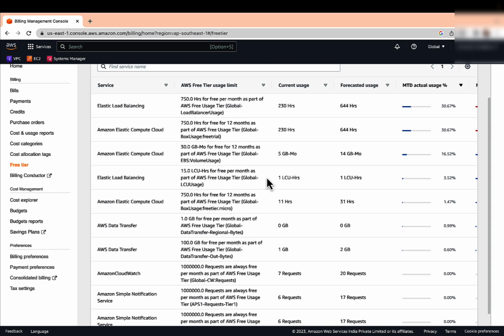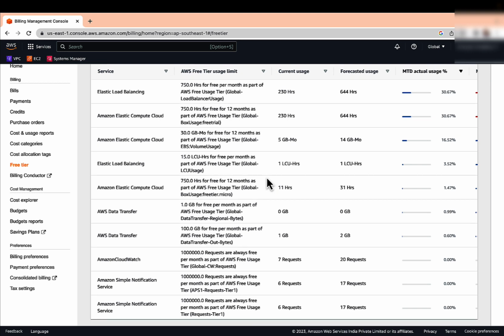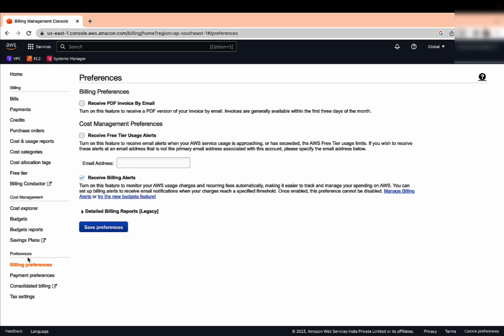Now next, let's set up the billing alert. So there are two ways to set up the billing alert. Let me show you the old method and the new method. So click on this billing preference and we will go to this page. If you want to receive the invoice by email, just click here. If you want to receive the alert, which I highly recommend for the free tier users, just click, and I'm just adding an email ID of mine,